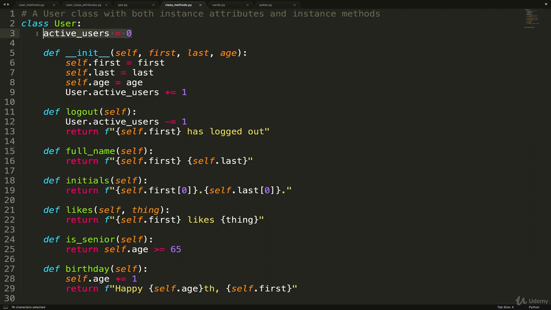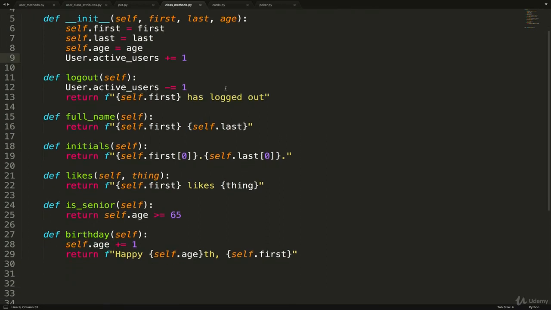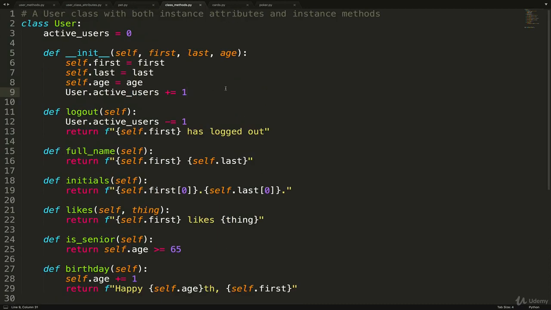We have this class attribute, active users. We could define a method that would just return a little statement that says how many active users there are at any given time. So first up, let's talk about where to define class methods. There's not actually a standard, like for many other things. These magic methods, the dunder methods, should go up top. They don't have to, but they should. And that's kind of accepted as common convention.